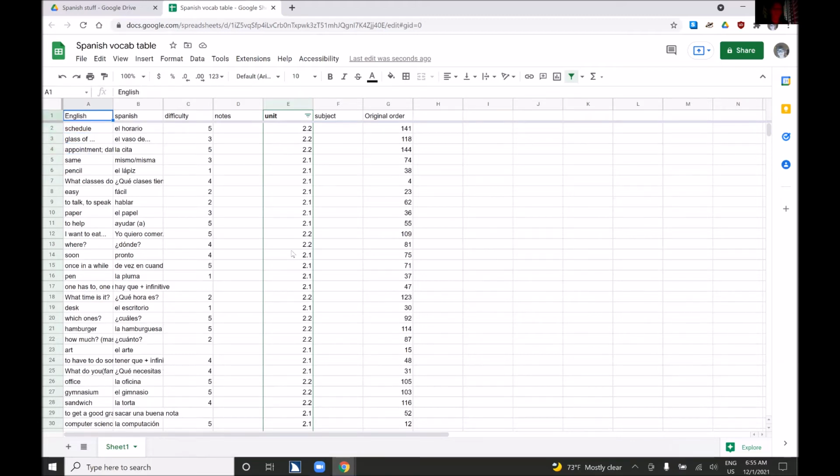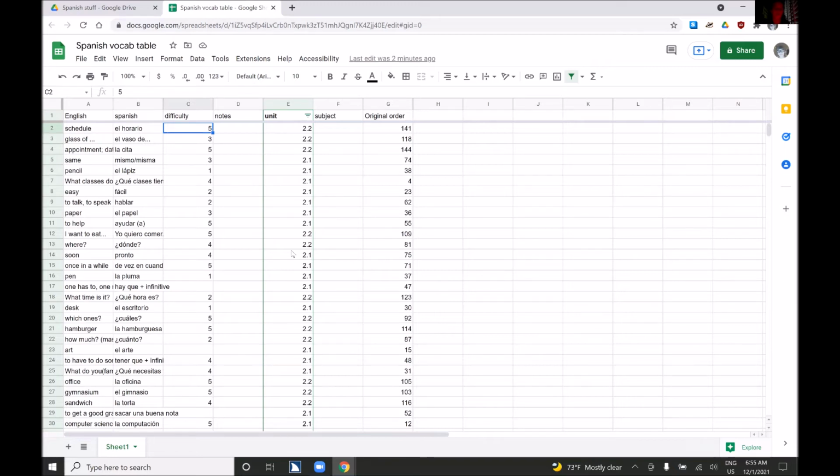So I go up to the top here. English. Here's my header, English, right arrow to Spanish. Spanish B1. And I'm going to right arrow to difficulty. Difficulty C. Down arrow once. 5 C. I'm in my first difficulty rating, and I'm actually going to Control Shift down arrow until it gets